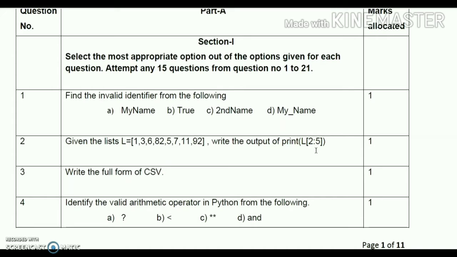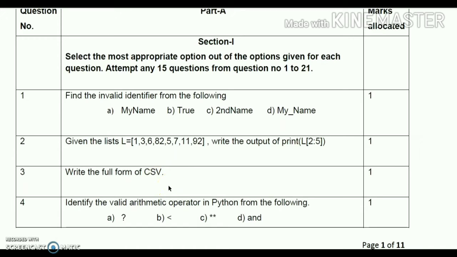So it will give the output from 2nd position to 5th position. 2nd position included but 5th position not included. So the output will be 6, 82 and 5. 0, 1, 2: 6 is in 2nd position. Then 3, 4, 5: 7 is in 5th position. So here you can give the output as 6, 82, 5.